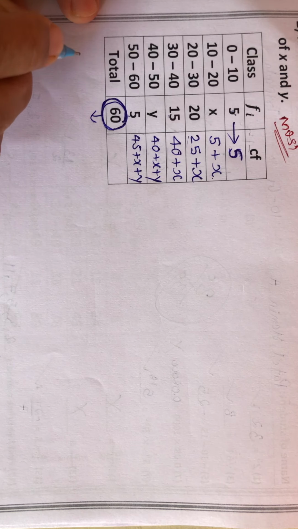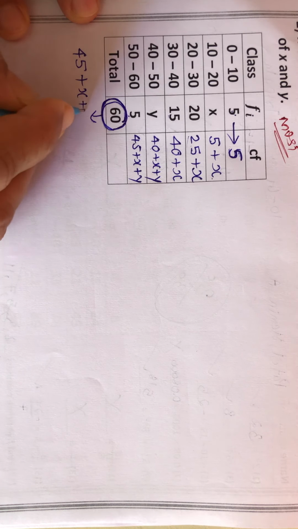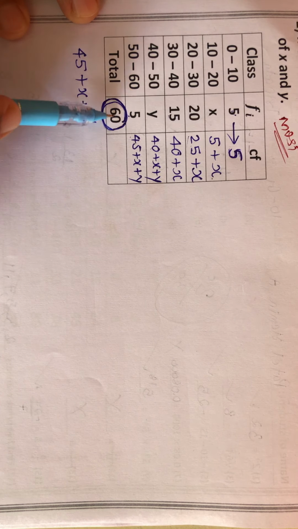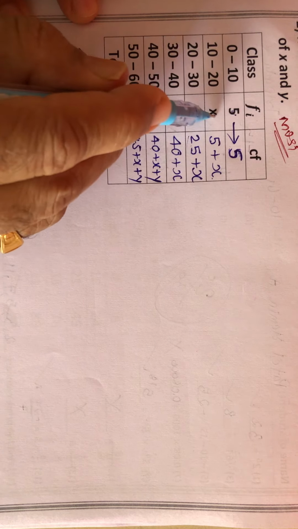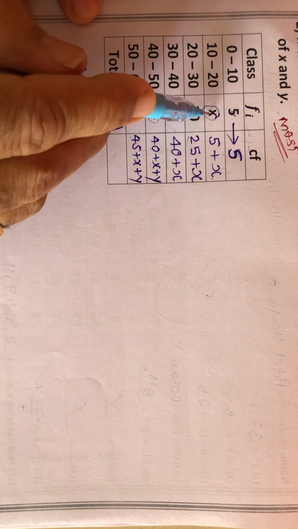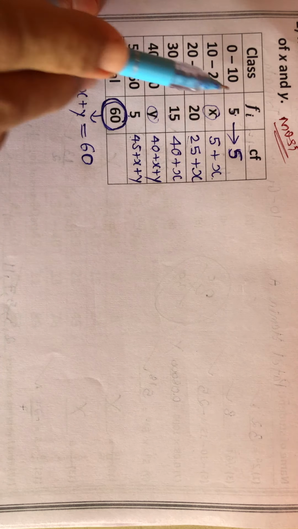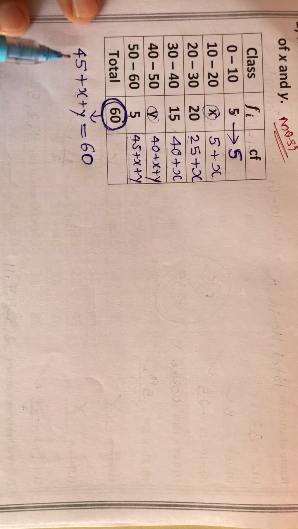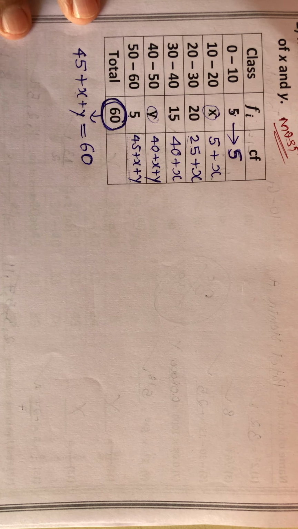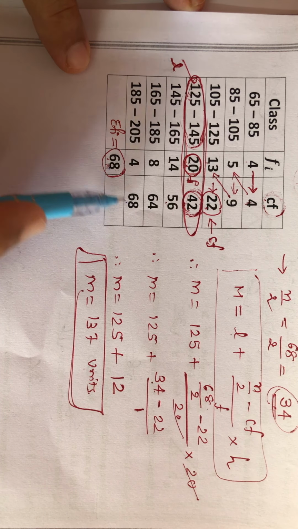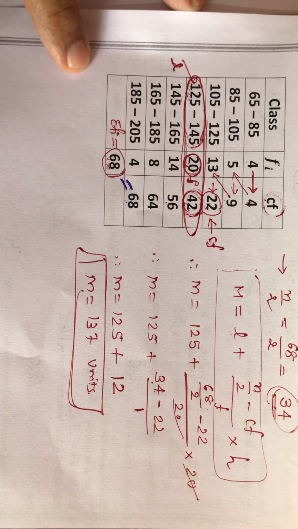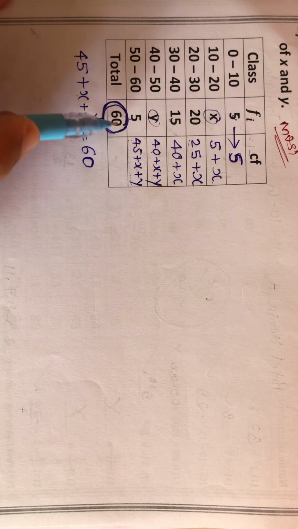So here 45 plus x plus y. Here it is 45 plus x plus y. Same thing, both are the same. So this total without x and y is 45, and with x and y, that is x plus y. So already the answer is given, 60. Again, this total is 45 plus x plus y. Here the total is given, 60. And I showed you last time that the answer is always the same. Let me show again. Here 68 and 68, both are equal. 68 is equal to 68, means similarly here this is equal to this. Both are the same.